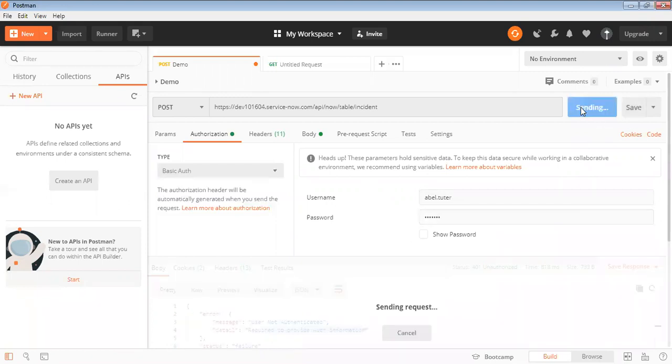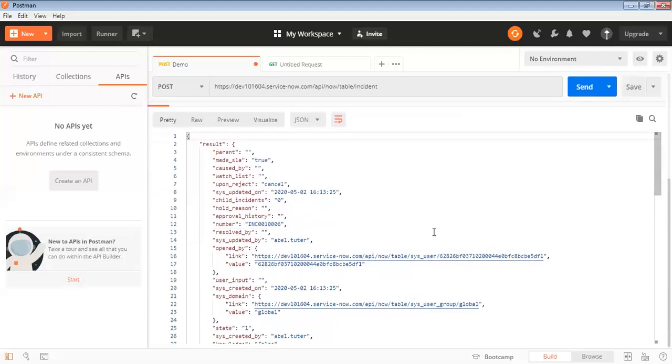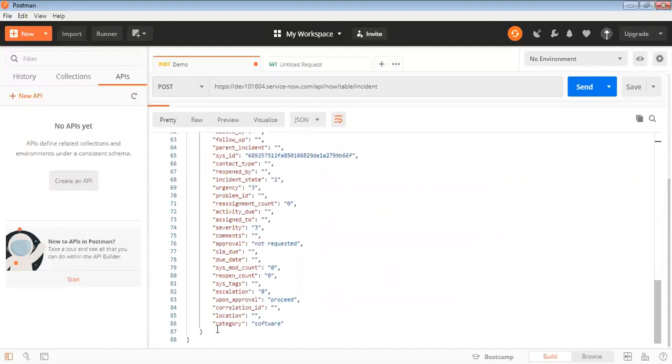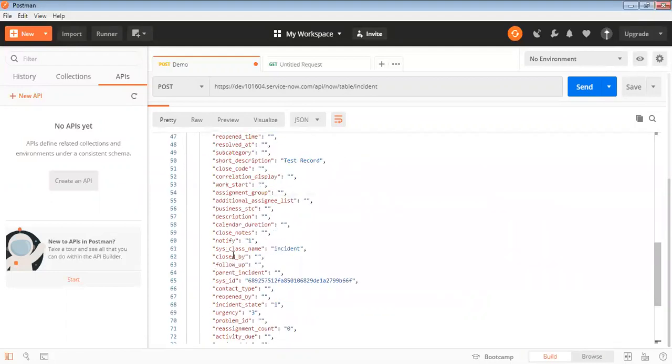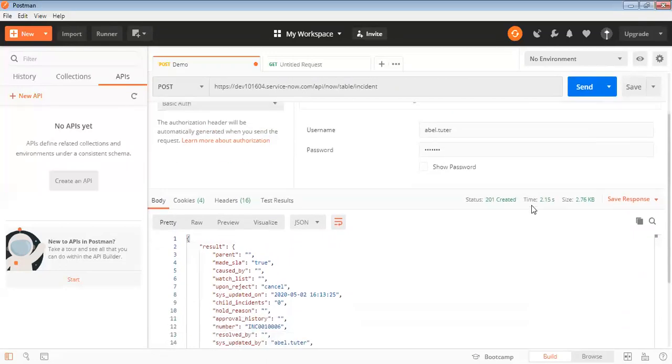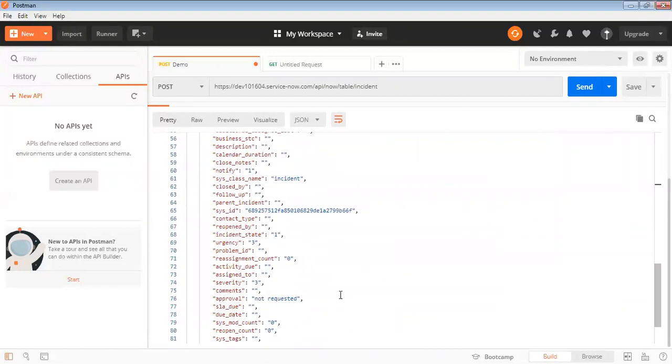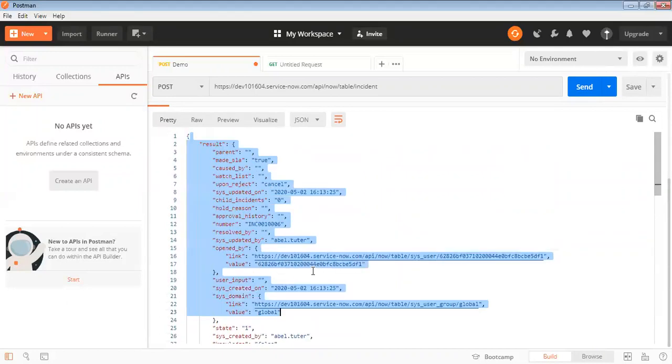Now I will try to send again. See, the incident is created, and this is what I got as a response. By default, Table API returns the full field detail of the incident which is created.